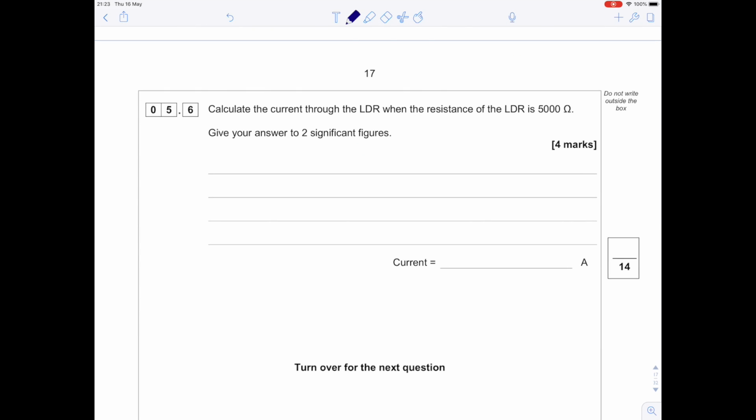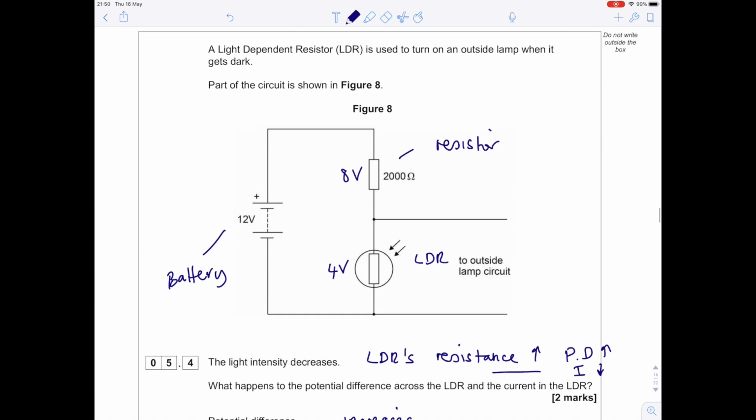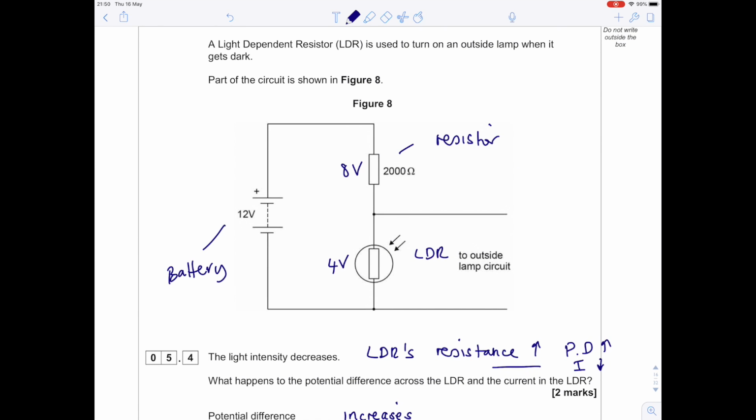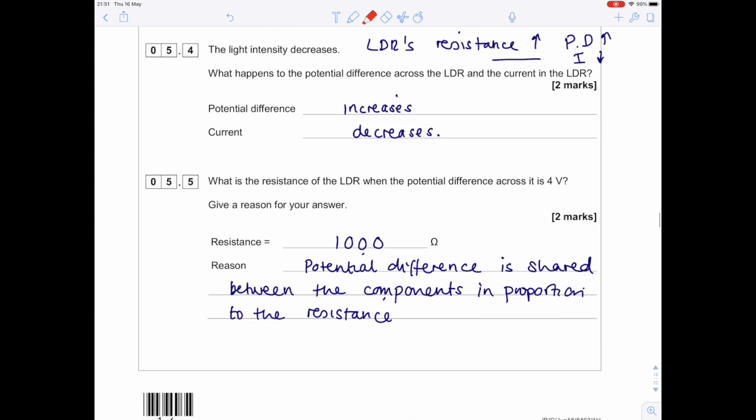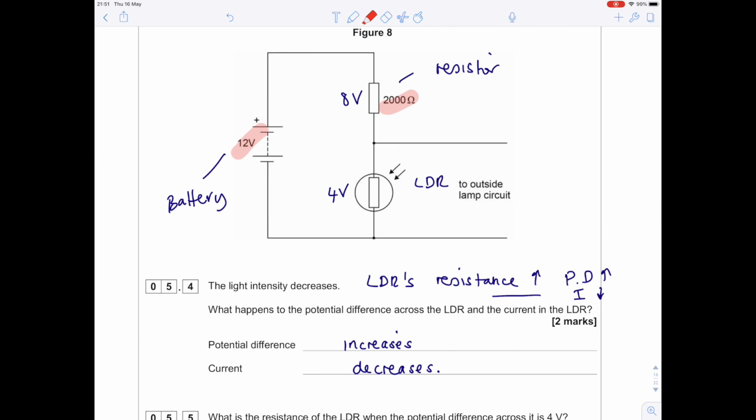Calculate the current through the LDR when the resistance of the LDR is 5,000 ohms and give your answer to two significant figures. So in order to answer this question, we need to remember a few circuit rules. Now, this is a series circuit, and what that means is that the current is the same everywhere. So we know that the voltage is 12 volts. We've been given the resistance of this resistor as being 2,000 ohms. And if we look at the question, the other resistor is 5,000 ohms,